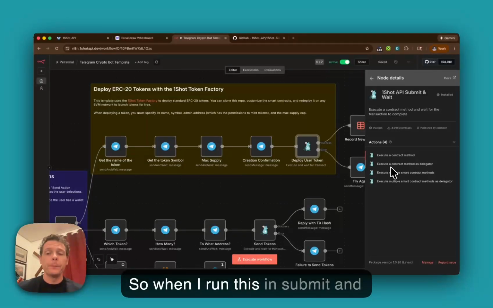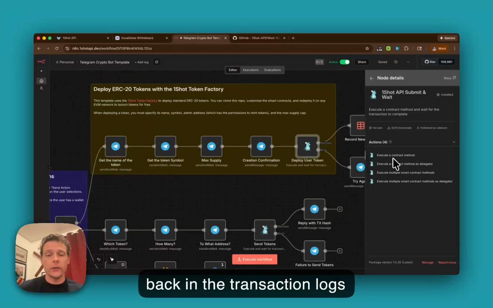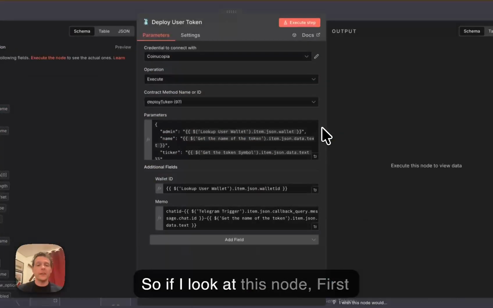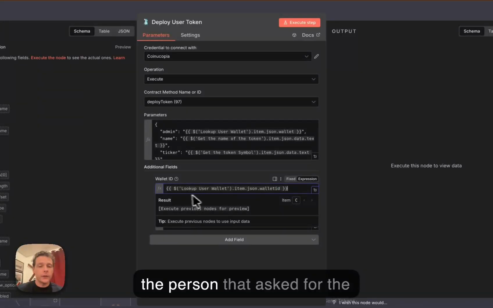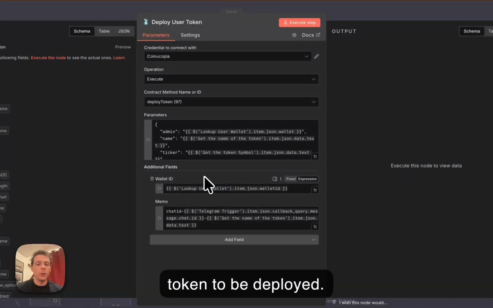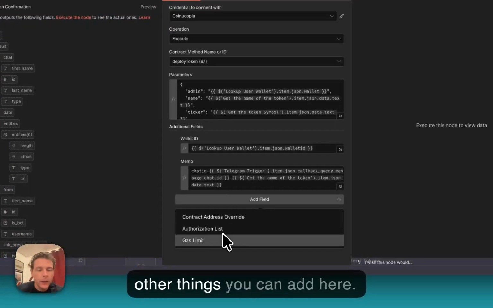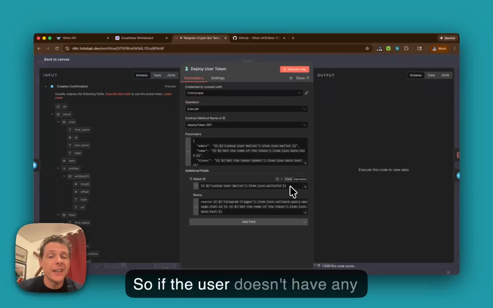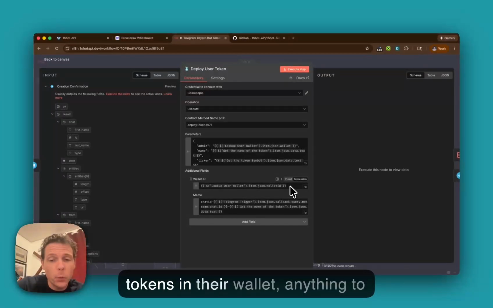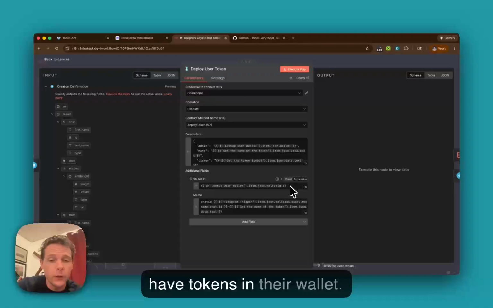So when I run this in submit and wait mode, I'll actually get back in the transaction logs information about the token. So if I look at this node, first thing is I'm using the wallet ID of the person that asked for the token to be deployed. So that's why I'm using this wallet ID field. If you click on this, there's other things you can add here. I'm using wallet ID to submit the transaction from the user's wallet. So if the user doesn't have any tokens in their wallet, anything to pay for gas, this transaction will fail